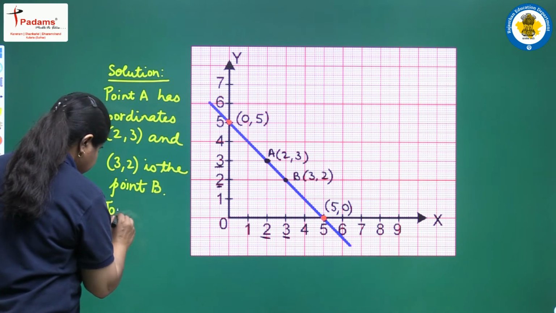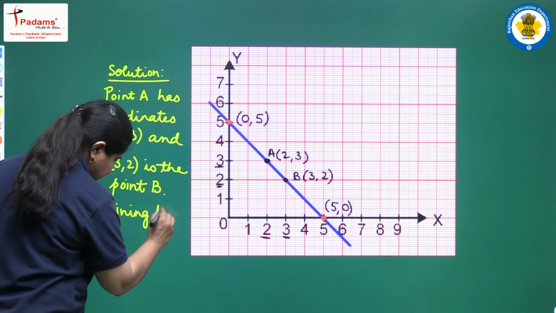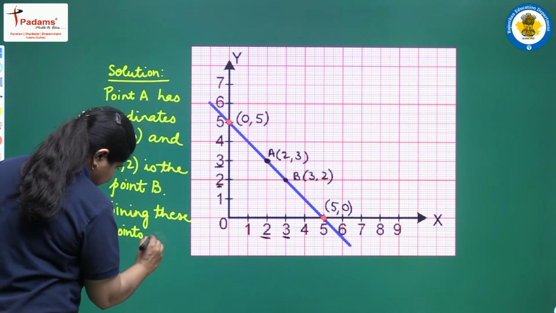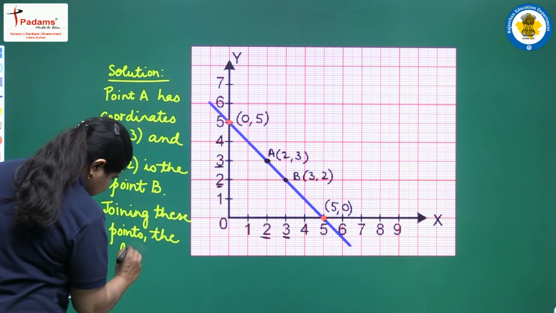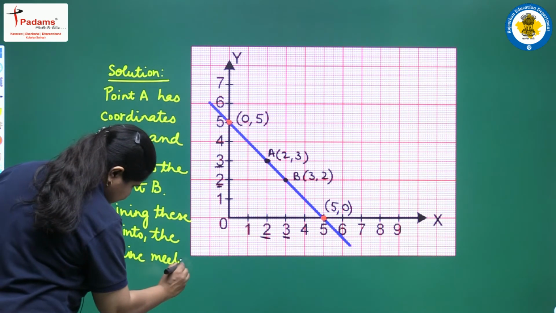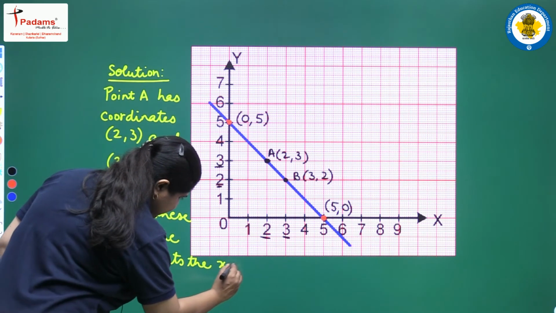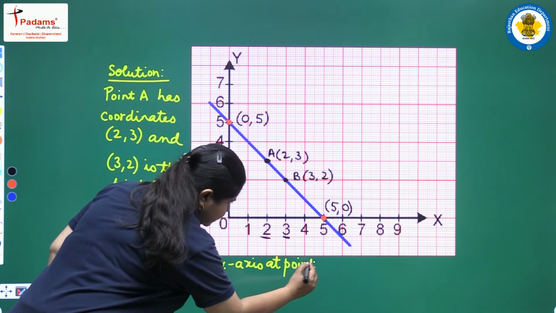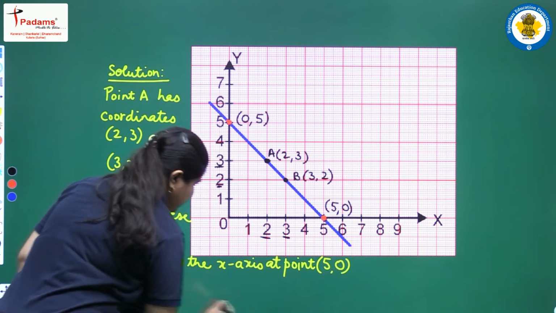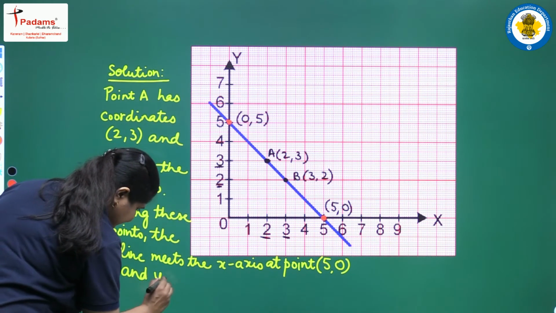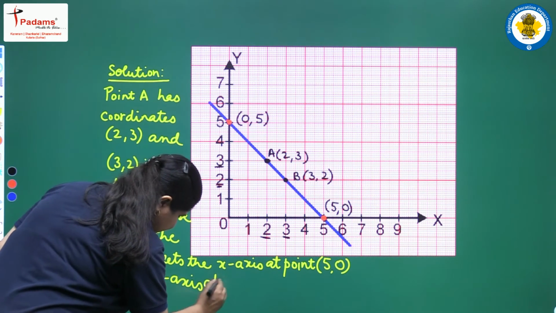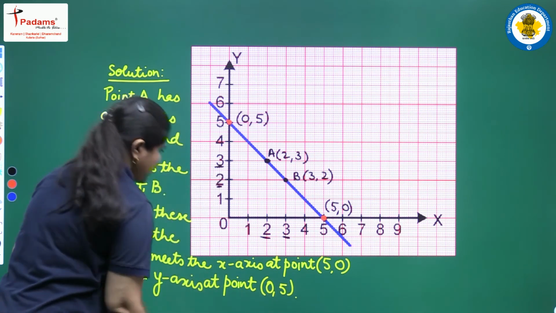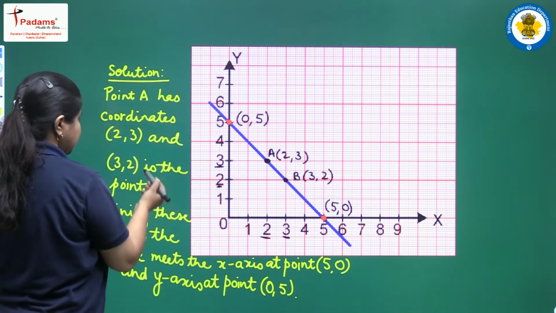Joining these points, the line meets the x axis at point 5,0 and y axis at point 0,5. ठीक है, जब हमने ये पॉइंट्स प्लॉट किए वो पॉइंट्स हो गए A और B, और जब हमने इन